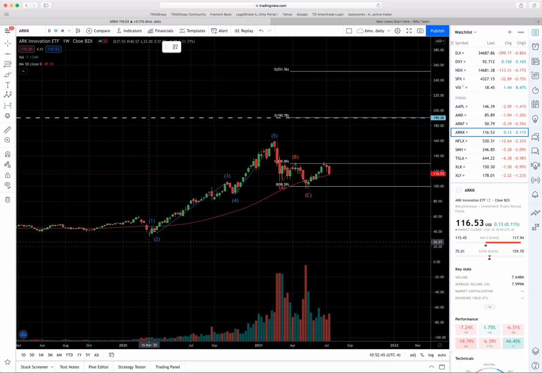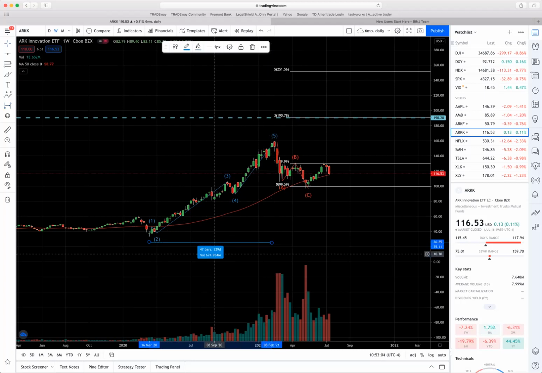So there are 2 ways of looking at it. We can go from this full wave here to where it peaked. So that's 47 bars, 329 days. And then, if we are going to look at the same type of time range here,